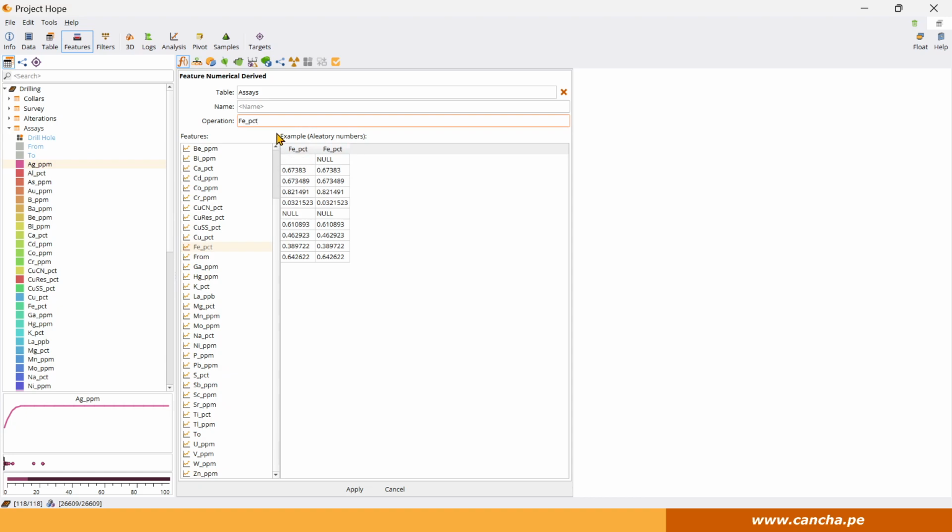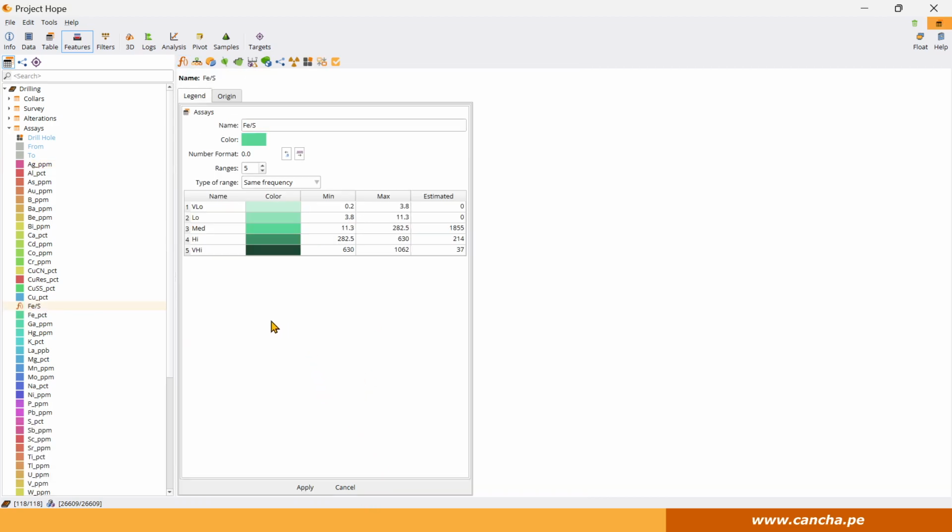So let's go iron divided by sulfur, and we'll call that Fe divided by S. Now we get this new thing here, in green color, with values from about 0.2 up to about 1,000. Hit apply